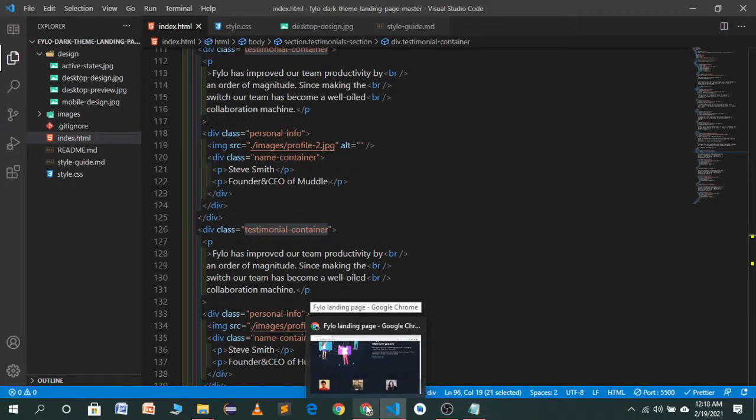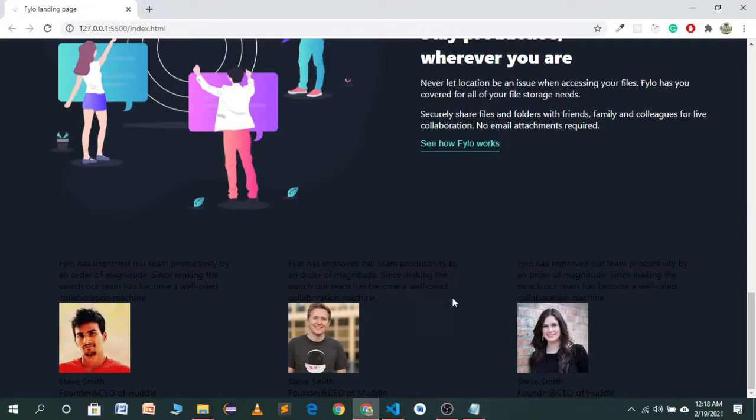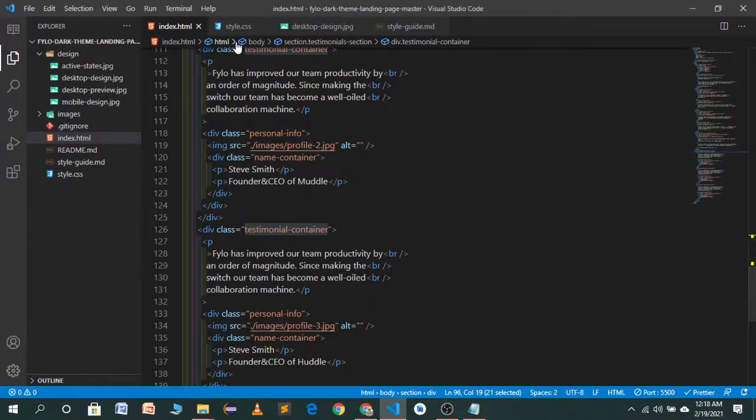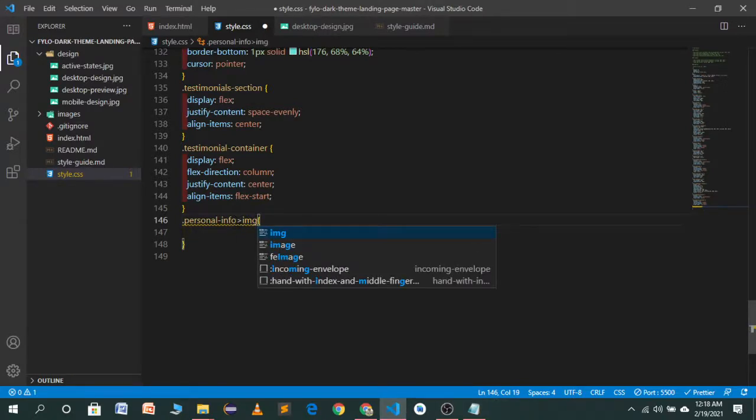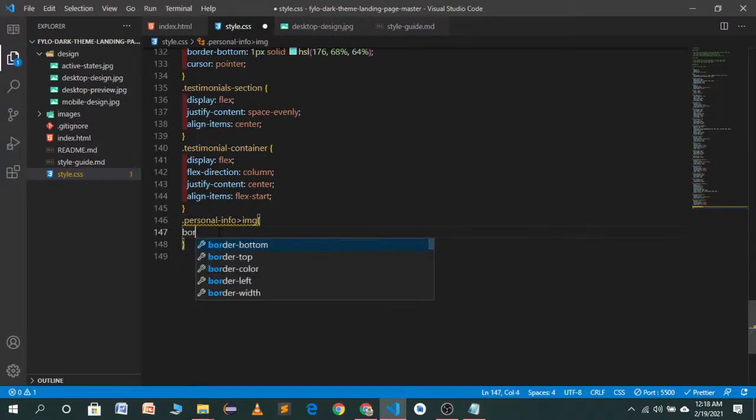So in the personal info we will target our image. So in the personal info, let's go to the CSS file. In the personal, not info, it's info, we will target our image and give it a border radius of 100 pixel.